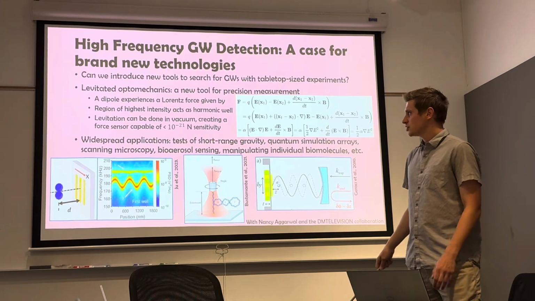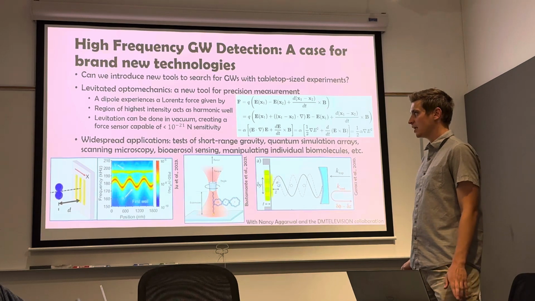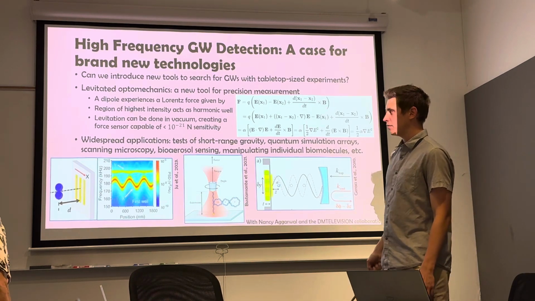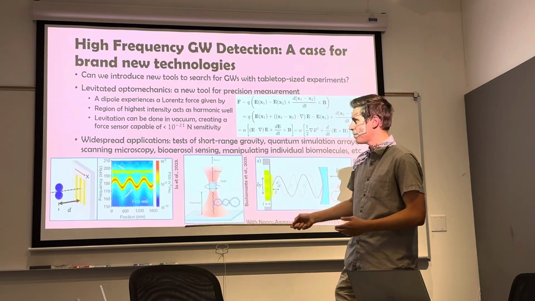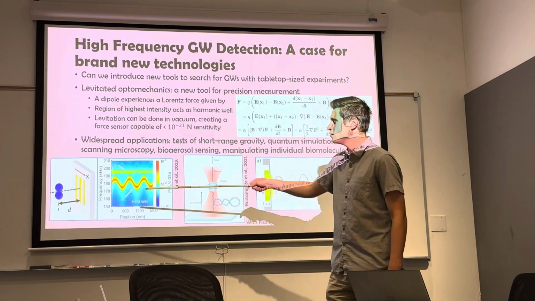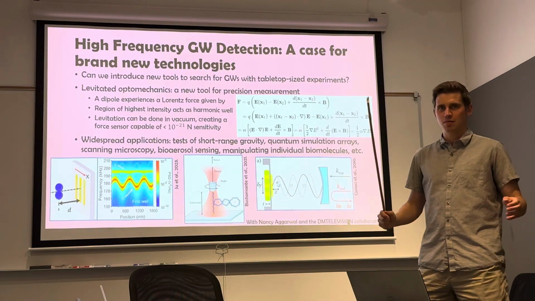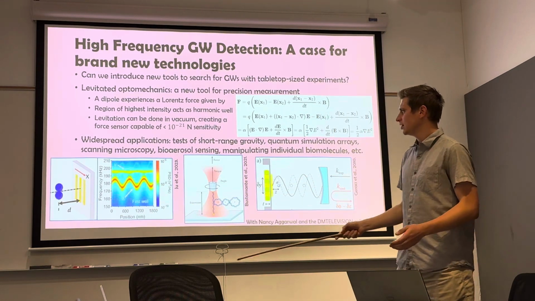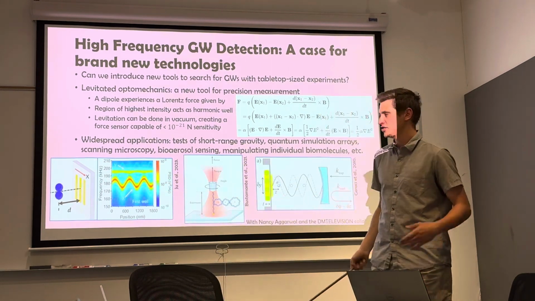This tool is also being used in quantum simulation arrays, scanning microscopy, where this sort of dumbbell-like object is placed in an optical trap, and as this sapphire grating is moved along the x direction here, the resonant frequency of that optical trap harmonic potential changes as a function of position. That's this red curve here, and thus you can map out the